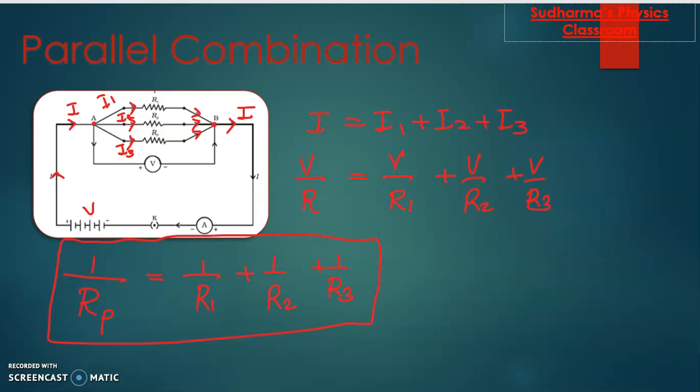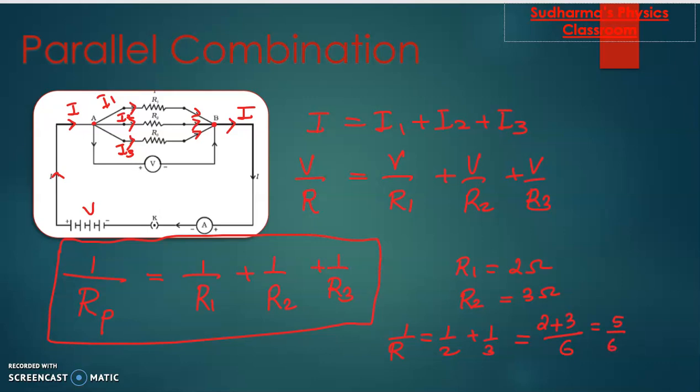Let's try an example here. This is not as easy as series combination. Series, we just have to add the things, right? So let me take R1 is equal to 2 ohm and R2 is equal to 3 ohms. So 1 by R is equal to 1 by 2 plus 1 by 3. That means 6 is the LCM. So here it will be 2 plus 3. So we'll be getting 5 by 6.